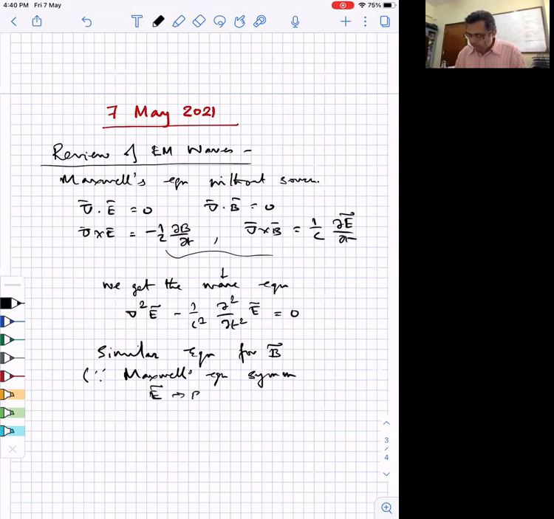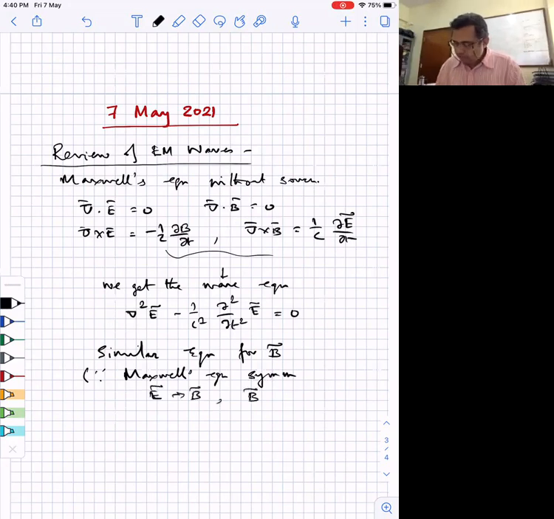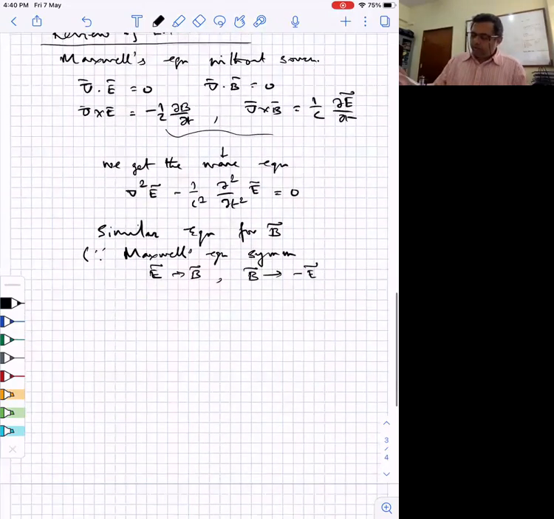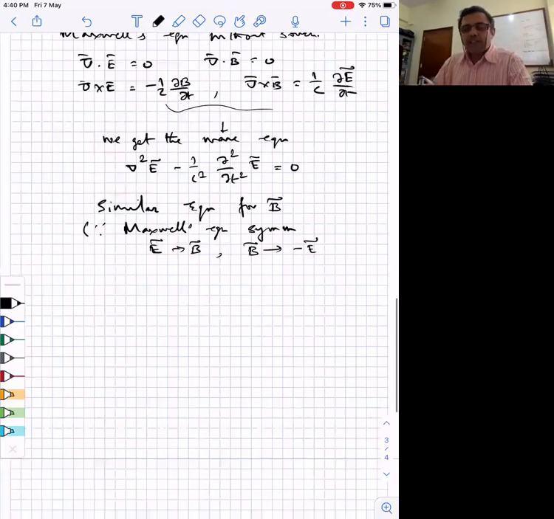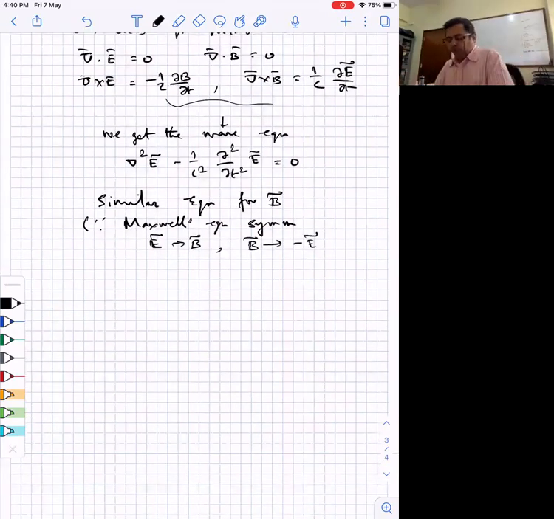E going to B and B going to minus E. Okay. So now what we want to do is find the solution to these equations. The way is we consider a solution which is an exponential, so some kind of oscillation. So write it in the exponential form. So we'll write down my E and B as